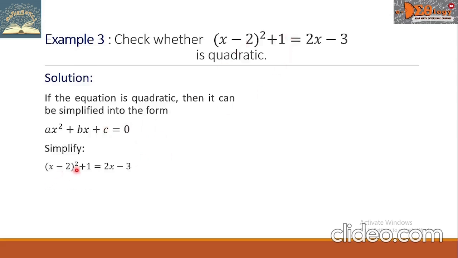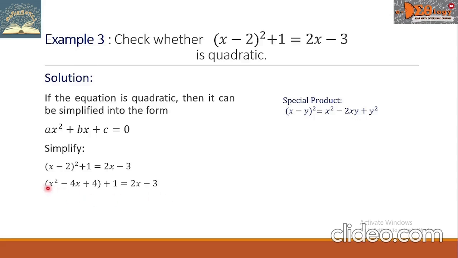Let us simplify the square of x minus 2. Remember our special product: x minus y, that is squared, equals x squared minus 2xy plus y squared. So the square of x minus 2 becomes x squared minus 4x plus 4, then plus 1 equals the right